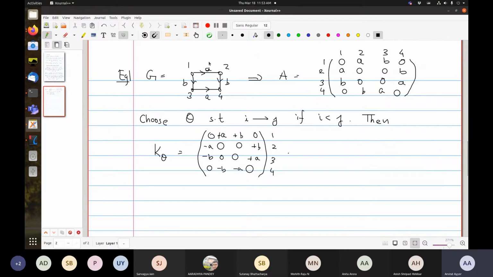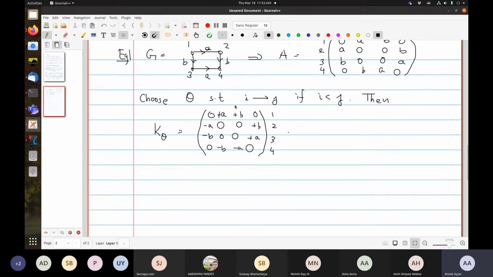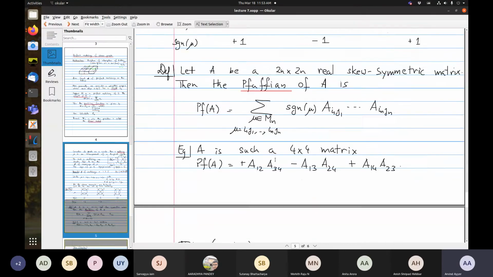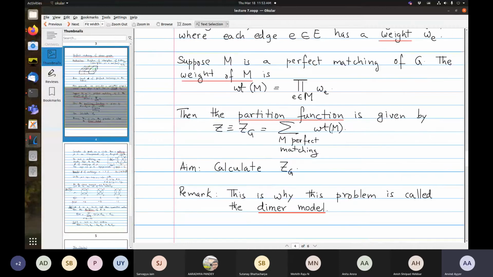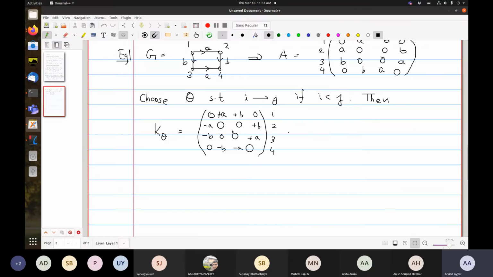Okay, so this graph clearly has a perfect matching. So let's remember our notation. Let me remind you for the dimer model on this graph. We'll sum over all perfect matchings of the graph, and to each perfect matching we'll have the weight, which is the product of the edge weights, and we'll sum it and we'll get the partition function. Let me finish this computation.